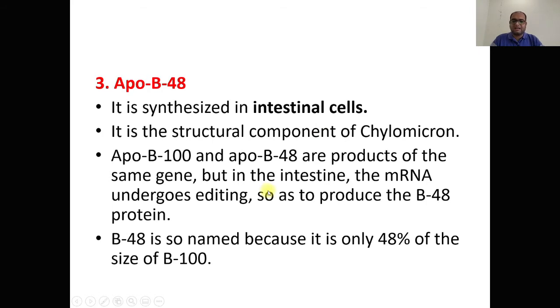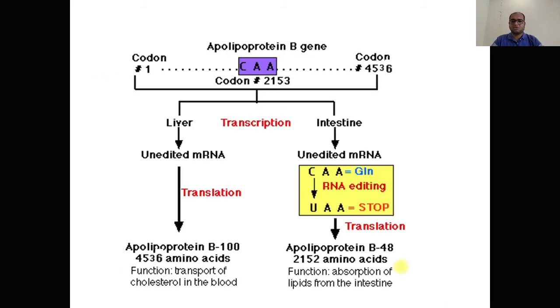Remember this, ApoB100 and B48 come out of the same gene, but the only difference is that mRNA editing happens inside the intestinal cell, while in the liver cell it does not get edited and it generates the B100. The reason why it is called B48 is that it is around 48% of the size of B100. You can see over here, the same codon is going to be utilized. But if it is happening inside the liver, it is going to generate the B100. If it is happening inside the intestine, there is going to be RNA editing, and that generates